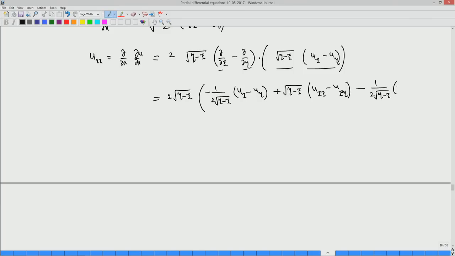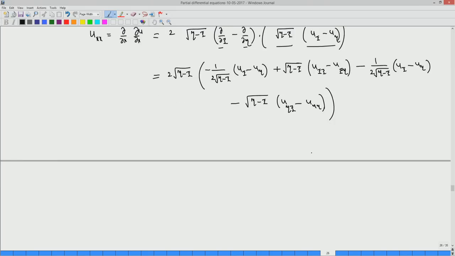So, you have this into u xi minus u eta, and the last term is minus, this minus and the square root of eta minus xi. This will be u eta xi minus u eta eta. So, this is the final form. Now if you simplify, what you end up is,